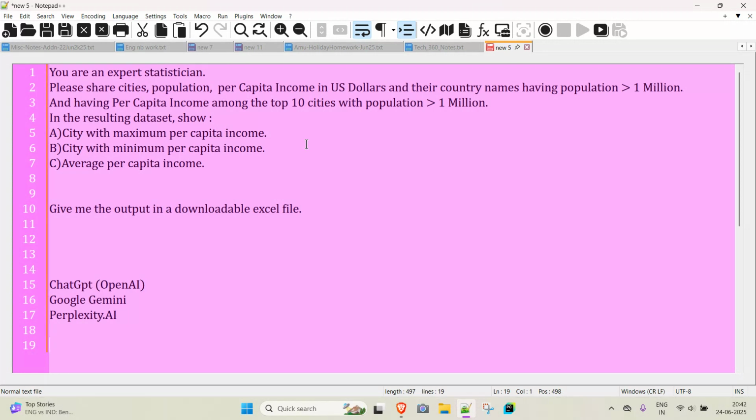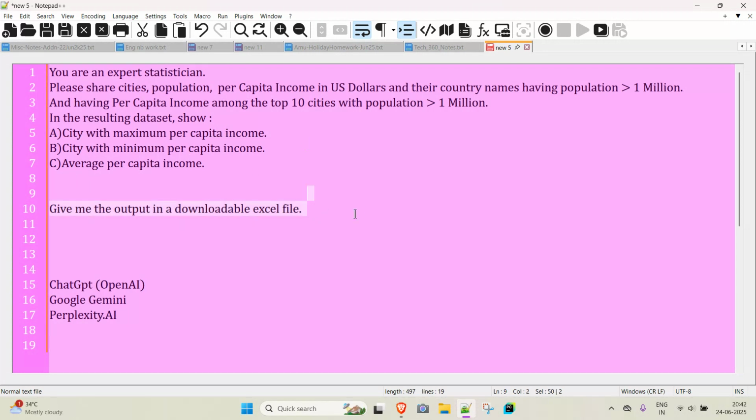And then what I want, which is very vital, I want the output in a downloadable Excel file. So from my experience, sometimes we say we need an Excel file or a PDF, and what we get is kind of in a tabular format, but we have to copy paste that and then make a Word document and convert to PDF, or maybe copy to an Excel. But if we ask for a downloadable Excel file, it gives that, even though there were some exceptions. But let's see how these three tools perform.